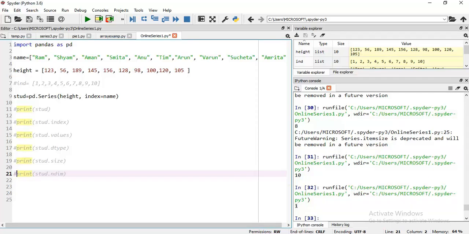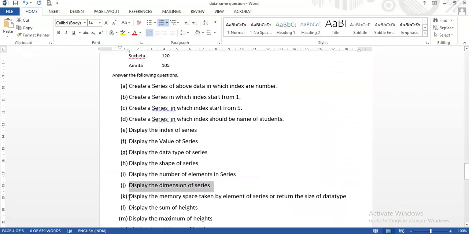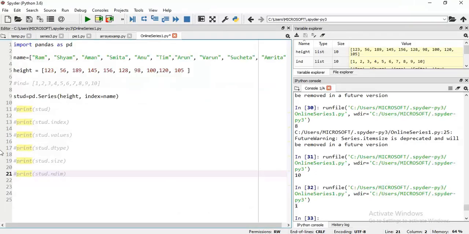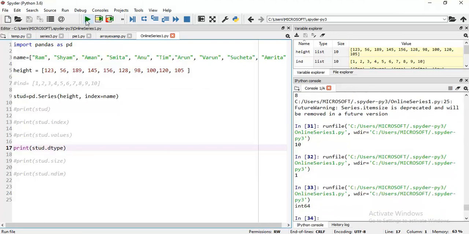And the next question is display the memory space taken by the elements of series, or return the size of data type. My dear students, to display the data type I have used std.dtype. When I execute it I got int64, which means integer 64. Then let me see how many bytes int64 is taking.